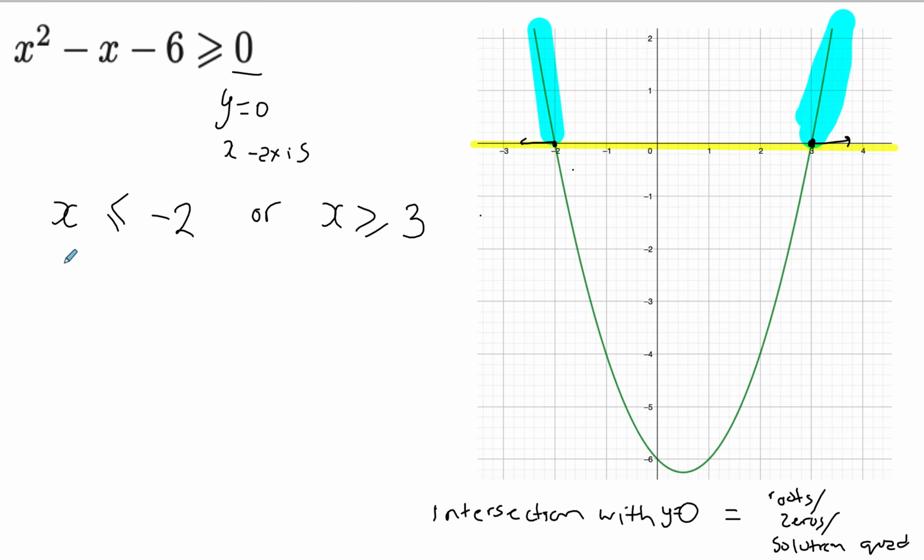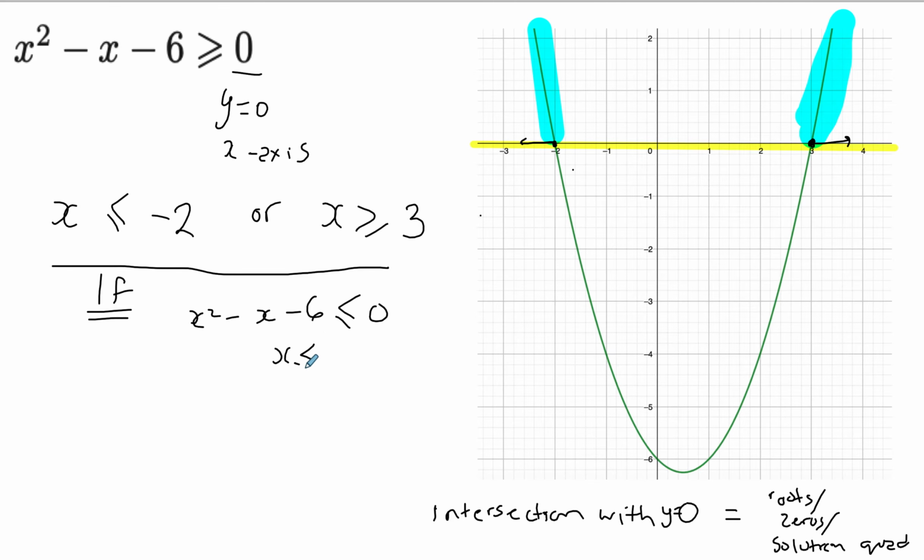If the question had it the other way around, less than or equal to 0, then you're looking at this region. So you're looking at below the x-axis, and this happens when you have values between -2 and 3. So you're going to write x is between